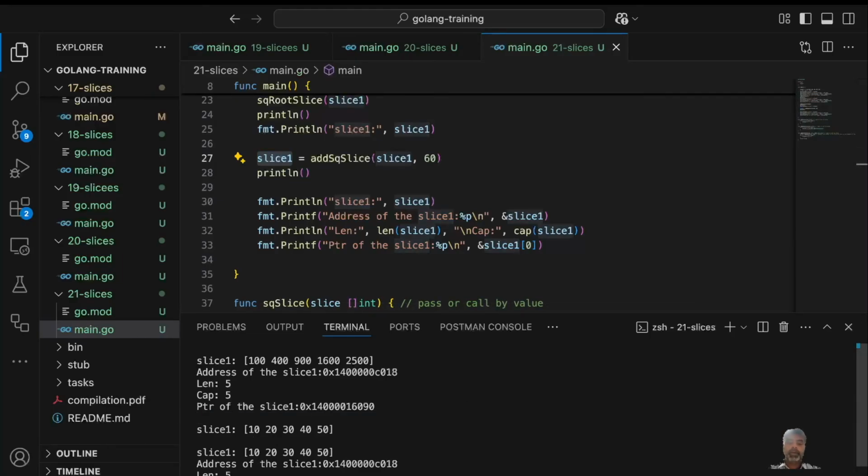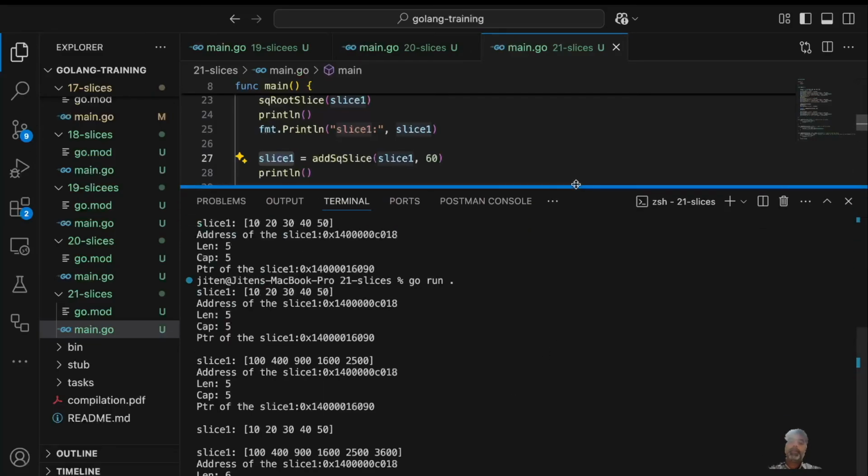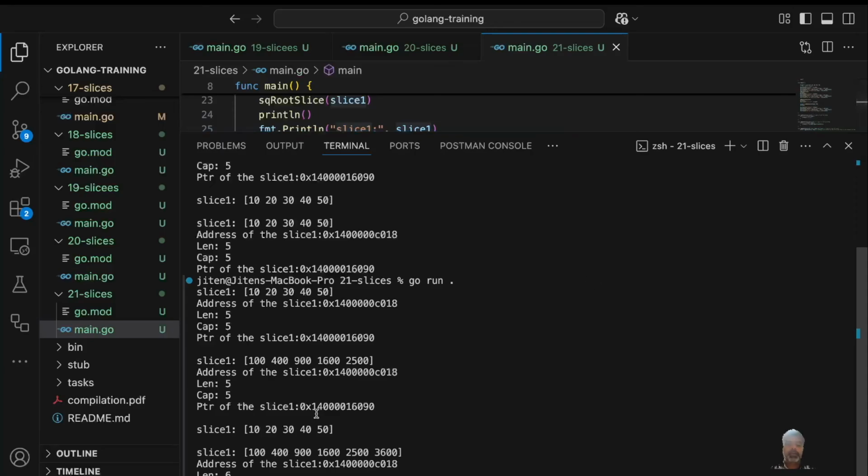If you again run it, carefully observe the last two things, this one and this one at least. Here the capacity changed, the length got changed, it got its own address. Inside the slice, it appends the slice because we said append function, and then you copied the slice back. Okay, so the slice is